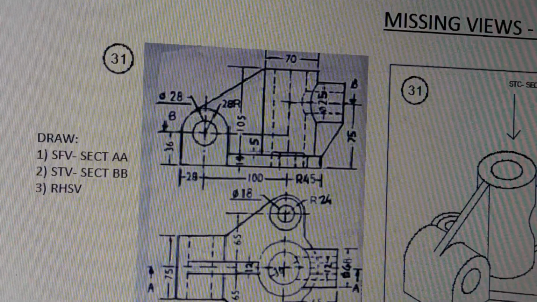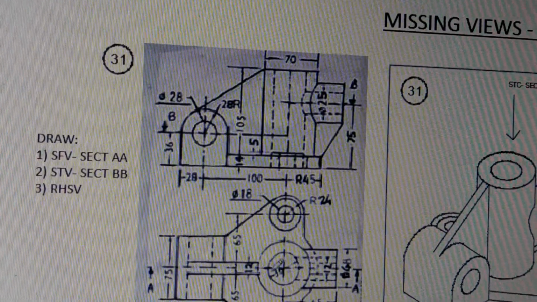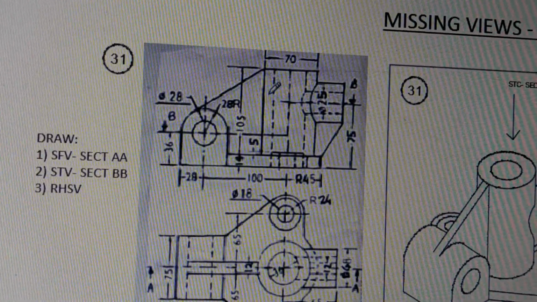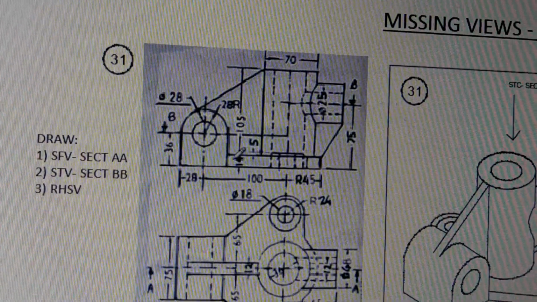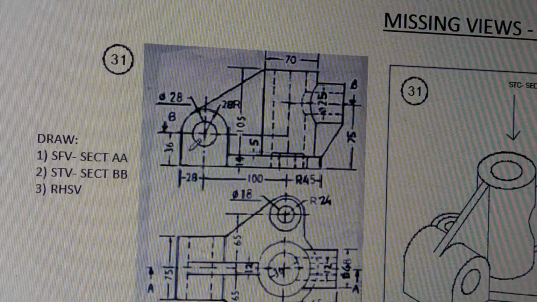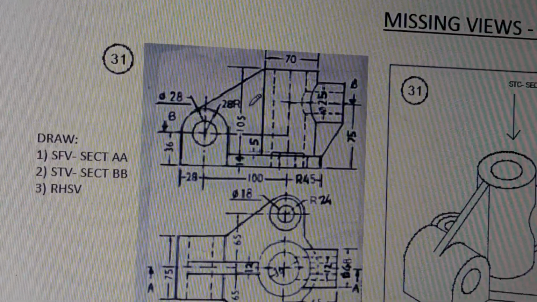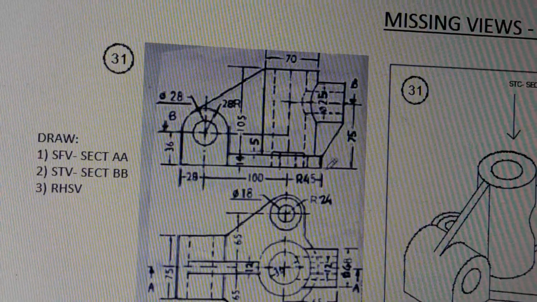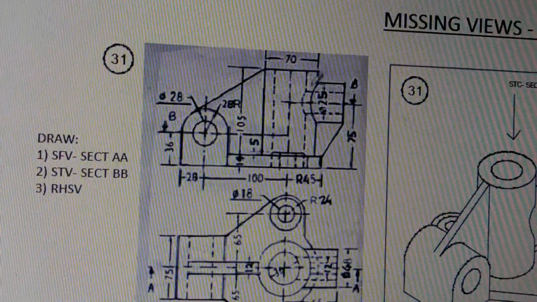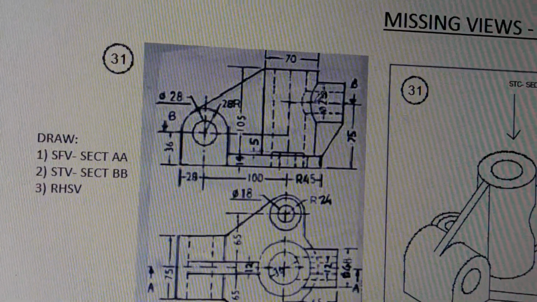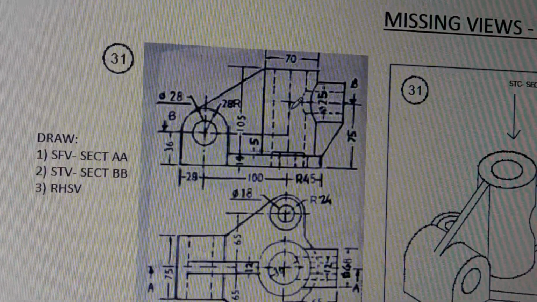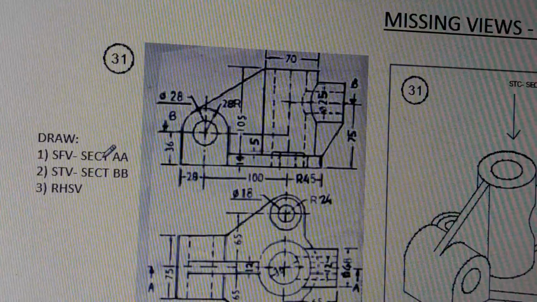Then this raised surface will go, because at this plane there is no raised surface. So whatever is shown here as raised surface will go. And then the section lines will continue in this part, and after that the section lines will be all over around this place. But there will not be section lines here, because there is a rib that is cut along the plane. Same thing, the section line will be extended here, will go in this part, and in this part, and here there is a hole, no section line. So that becomes the easier way of drawing the sectional front view section AA.